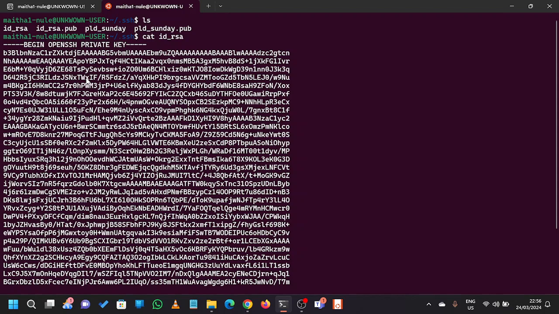This is why I was telling you guys there's no need of inputting the passphrase, because even if you are a hacker, brute forcing this using a word list is going to be really difficult. These characters can't make a sentence, because you can see the first one starts with B and then 3B. This is not a word. For those who are into hacking, they know that in order to brute force using a word list, you have to create a word list that has certain words. I don't think there's any word list you can create that can brute force this, because what words will you use here? Because if you say B,